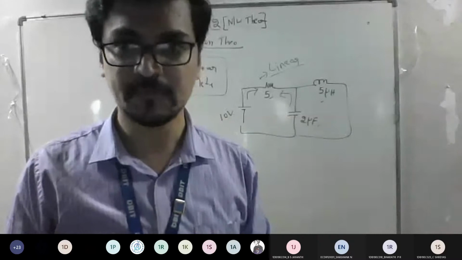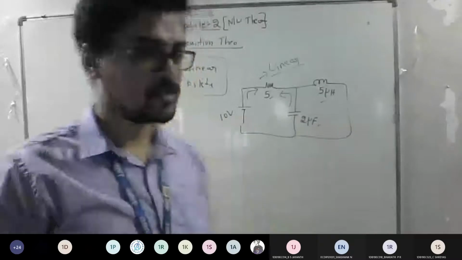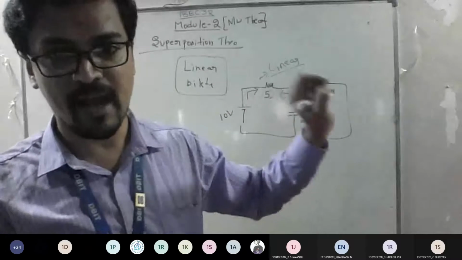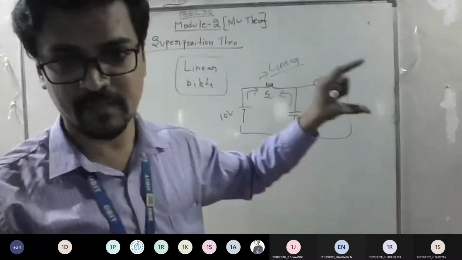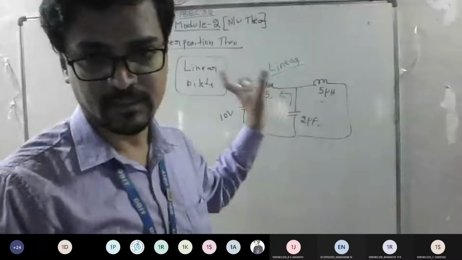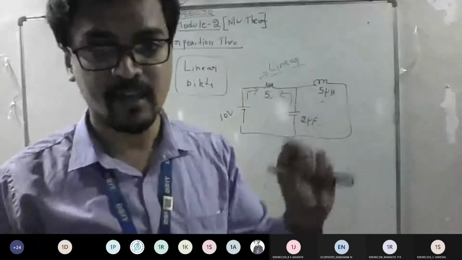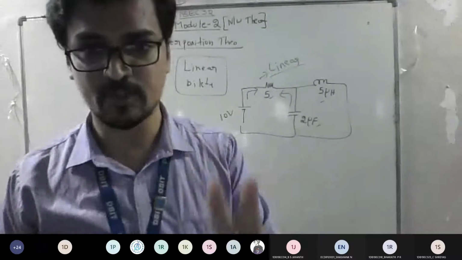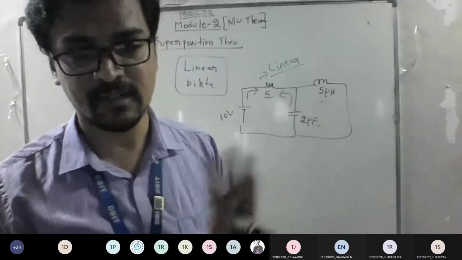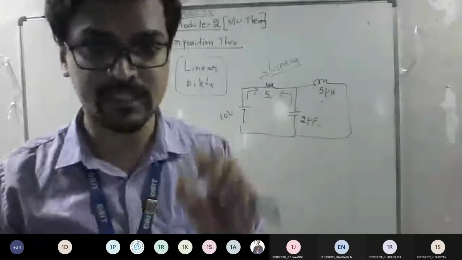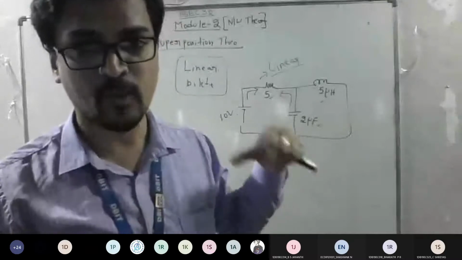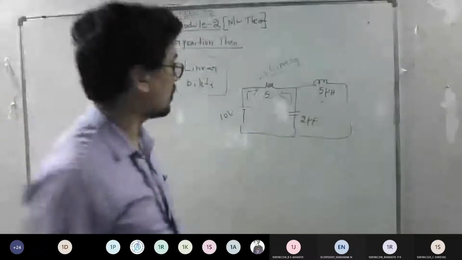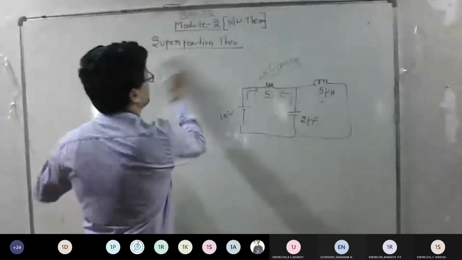Everyone, is it fine till here? Yes, sir. So whenever you start any statement, it starts with "any linear bilateral network." So this is a brand statement for all the network theorem statements. If they ask you to define superposition theorem, Millman theorem, Norton theorem, everything consists of these two words, bilateral and linear, and this carries 2 marks. If they ask you to define or state, it carries 2 marks. Then proof, how we should do that I will explain later. But before that, I hope everyone got the meaning of linear and bilateral.